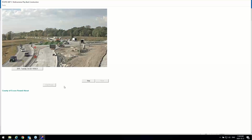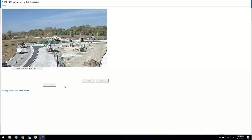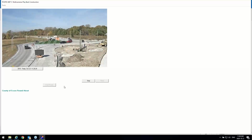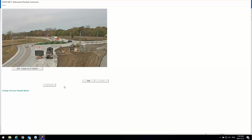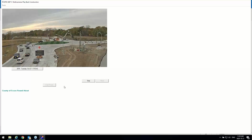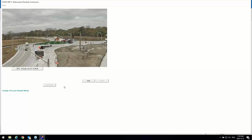And put in the curves. See some concrete going in the splitter islands pretty soon. There we go. And even the stock cutting, the jointing in the splitter islands, you have to be careful there because you don't really want to go back and fix that either. So